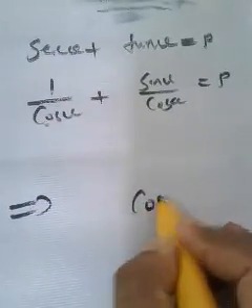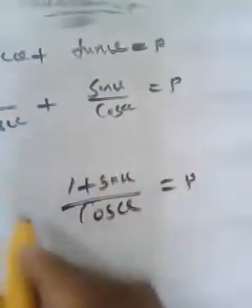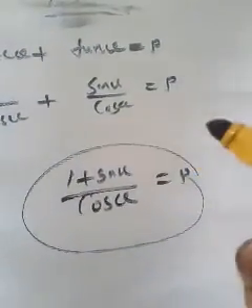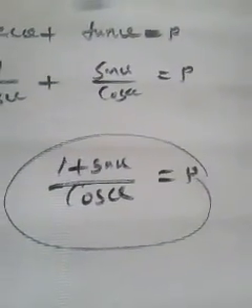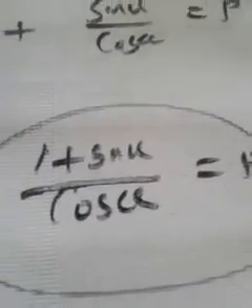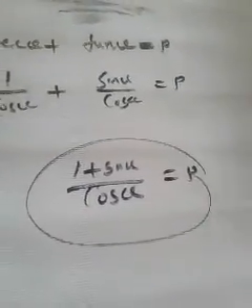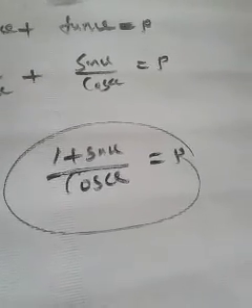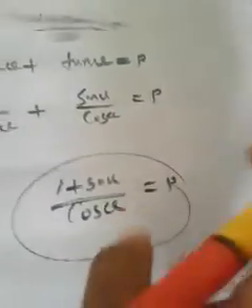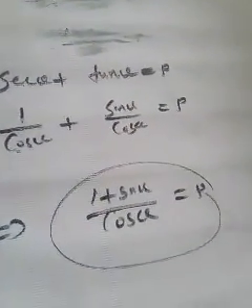Since the denominator came same, just write that and add the numerator: 1 plus sin theta by cos theta is equal to P. Okay, and we reached here. Then we need to reach cosec. How can we reach cosec? We have to make the presence of cosec here, isn't it? Numerator is 1 plus sin, denominator is cos. If you separate the denominator, we will reach the same thing as in the question. So that means we will be stuck here, isn't it?